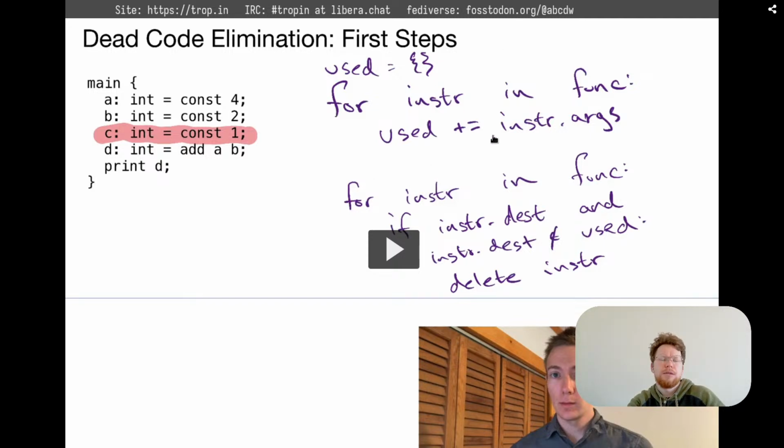This is probably wrong. It's wrong because imagine we have another expression